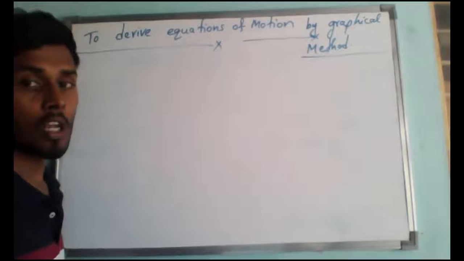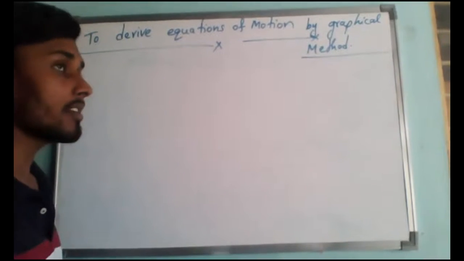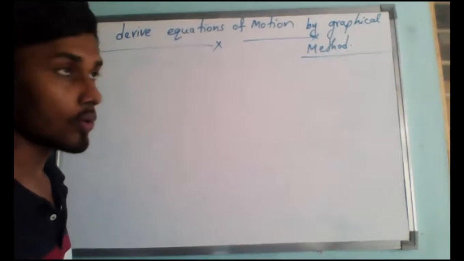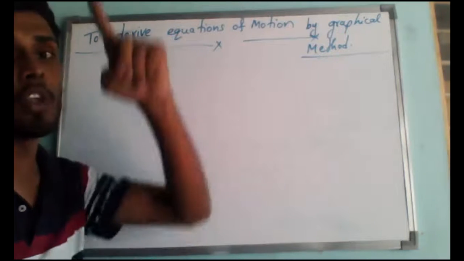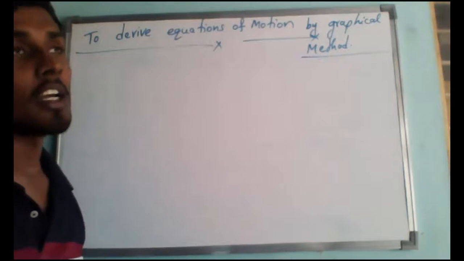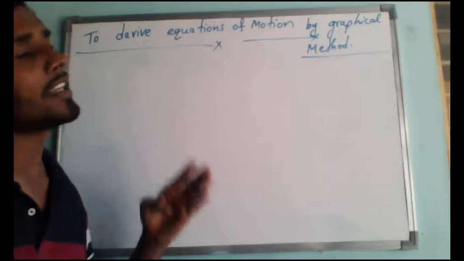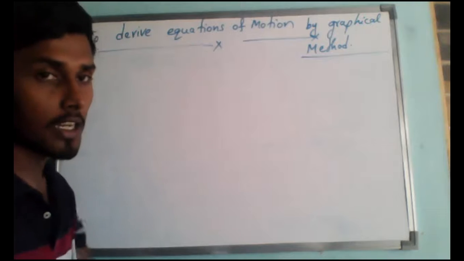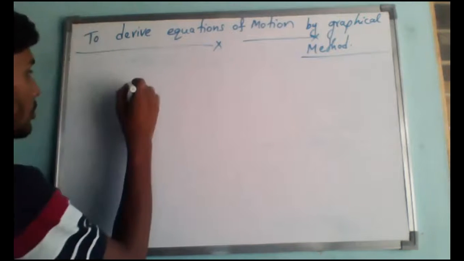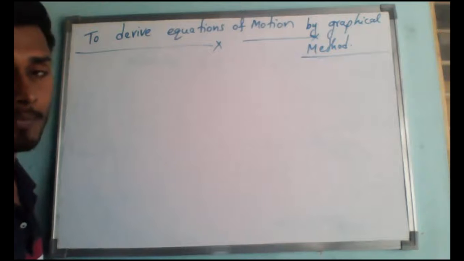Yeah. So now observe in our textbook, or else last class I have taught you, the body is already having some initial velocity. From there it is going with uniform acceleration. Have you noticed it? Do you have that graph? Please check your notebook. I have taught you that, like the area of a trapezium. Have you remembered or not?